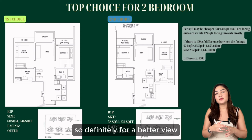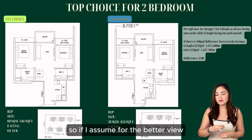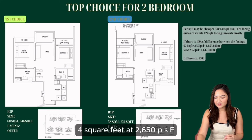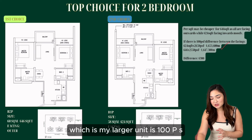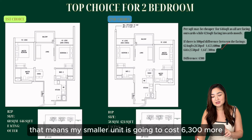So definitely for a better view, there will be a premium for most developments. So if I assume for the better view, it is 100 PSF more, this means that for my 624 square feet at 2,650 PSF, it comes to about 1.653. So if my worst facing, which is my larger unit, is 100 PSF less, that means my smaller unit is going to cost